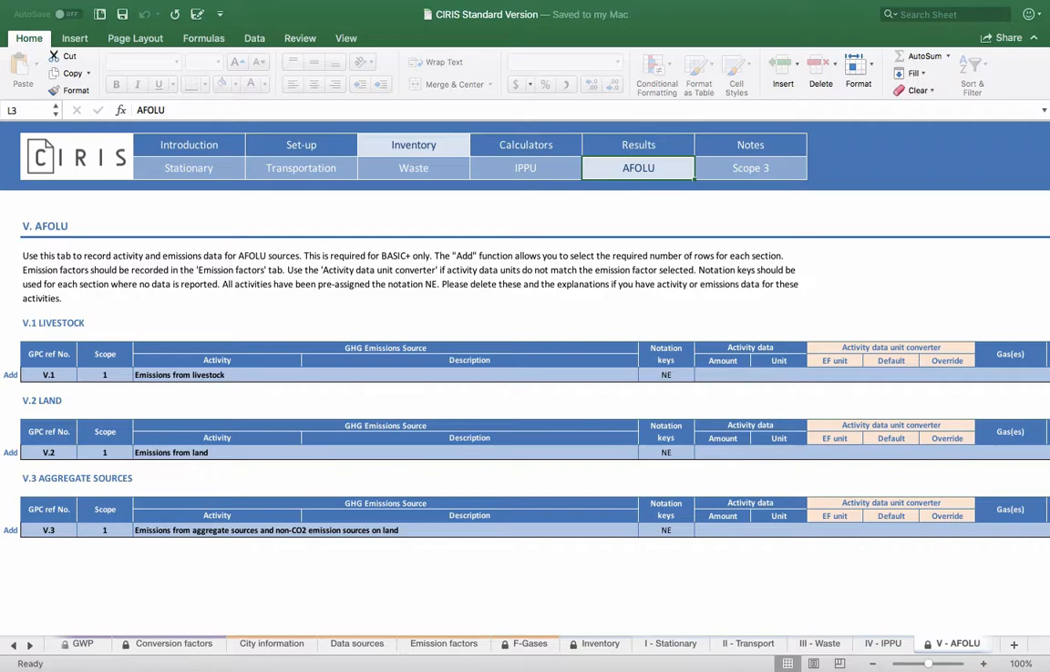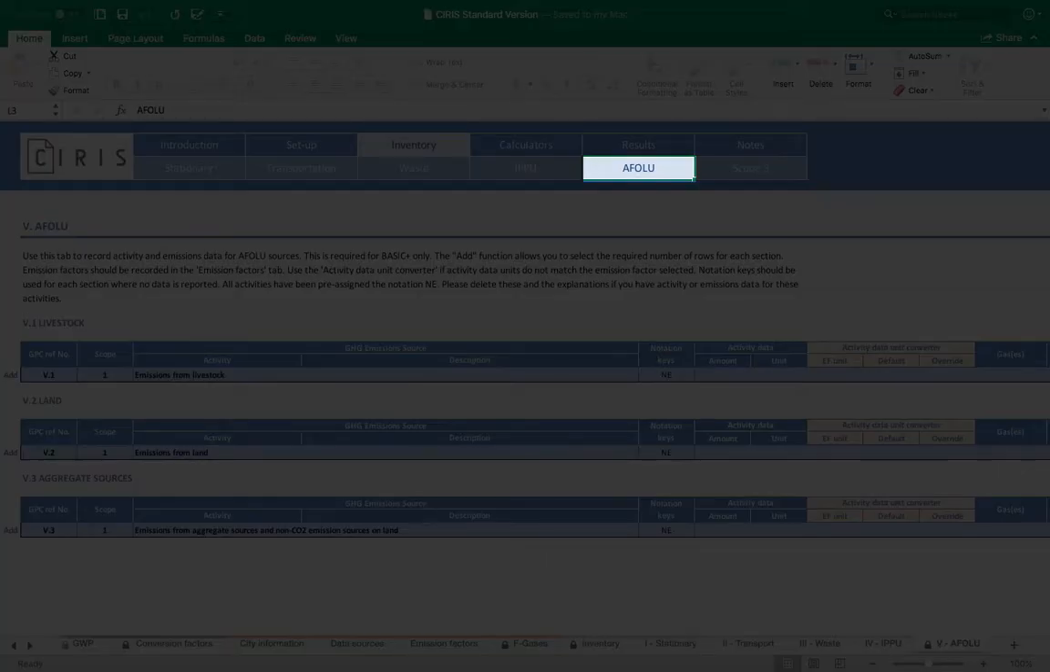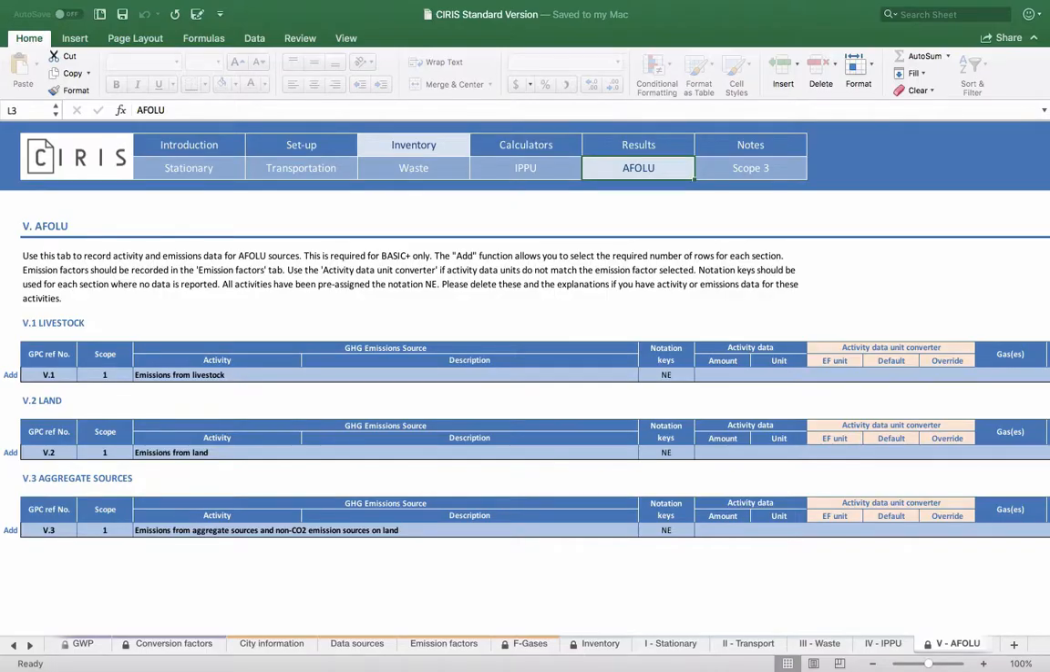This sheet is used to record activity and emissions data from agriculture, forestry and other land use. This covers GHG emissions from activities including land use changes that alter the composition of the soil, methane produced in the digestive processes of livestock, and nutrient management for agricultural purposes. Note that Scope 3 emissions of AFOLU are not yet covered in GPC's assessment boundary, so this sheet only includes